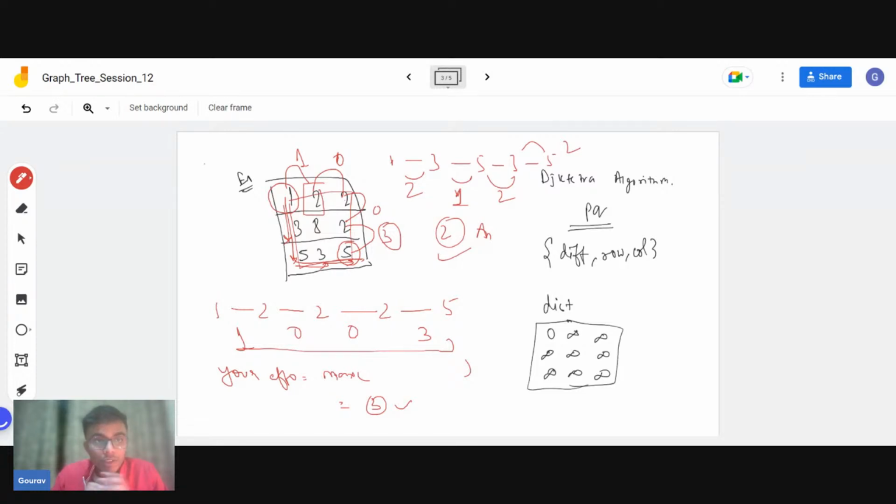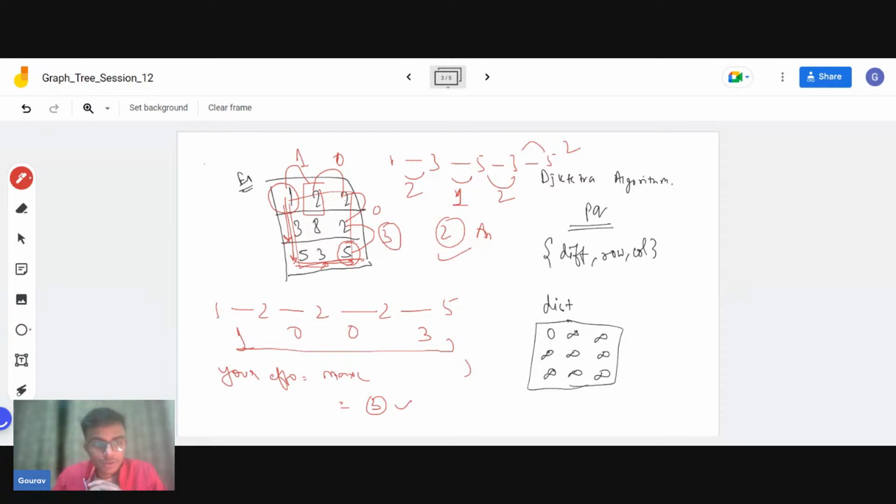And one more thing I did not mention here is that if you're standing on any given cell, you can only move in the 4 directions: right, left, top, and bottom. You cannot move diagonally. So at any cell, you will have only 4 possible movements, and of those you're supposed to choose any one and then proceed further.